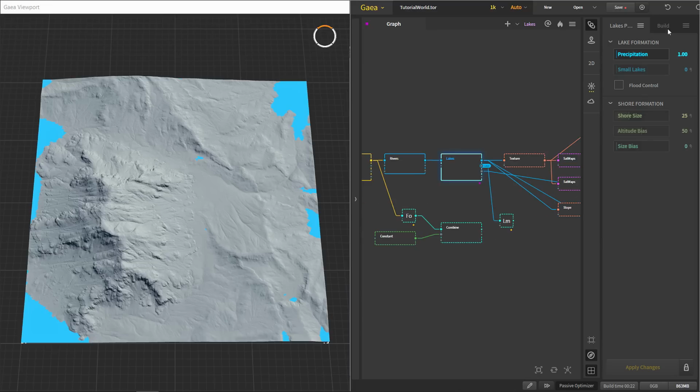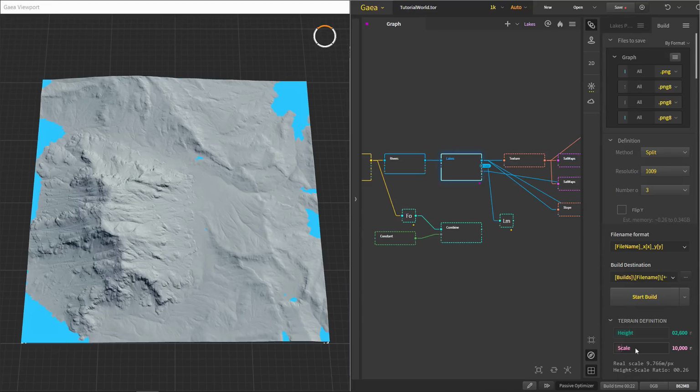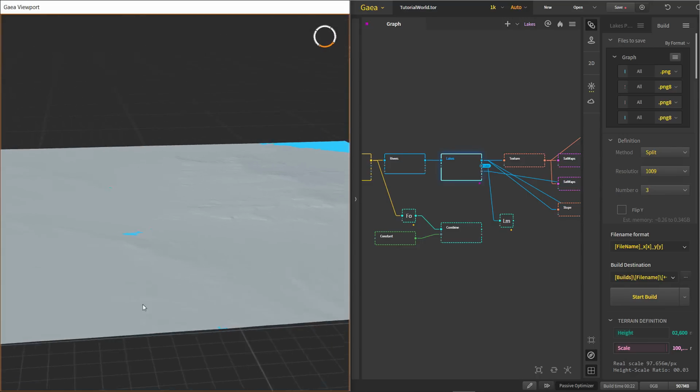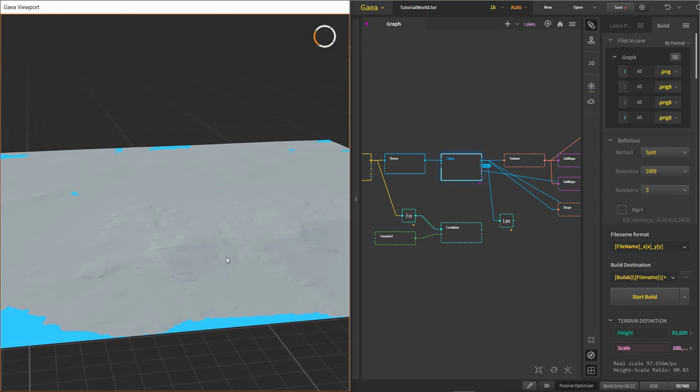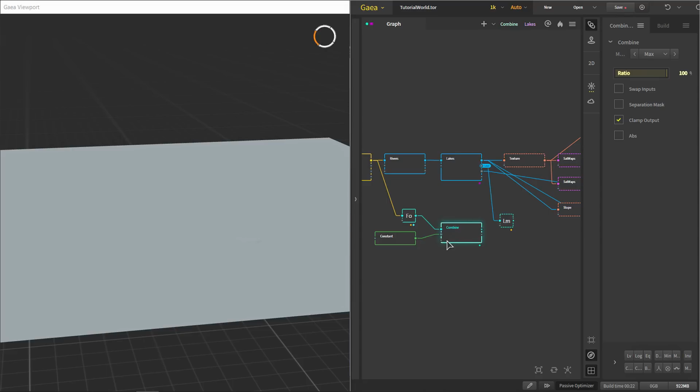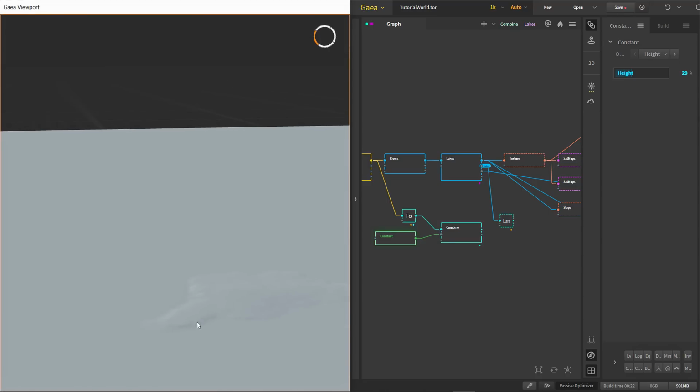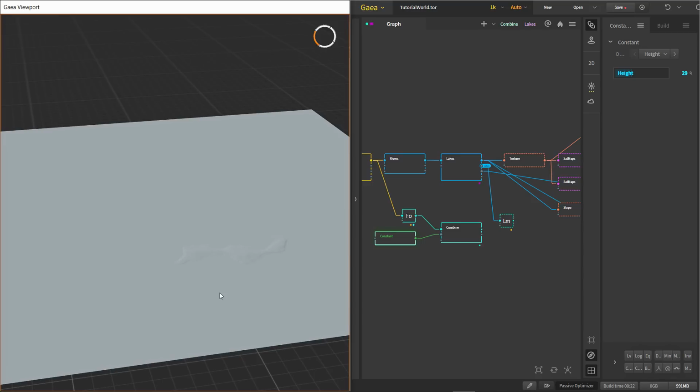This is the landscape that we created earlier. This time we will change the scale to 100,000. Now if you look at the landscape, it looks almost flat, but the height is still the same, which is 800 meters. So you can go to the combine and just pin that. Let's go to 750 meters. You can see these bumps right here. That means the height is still the same, only the perspective is changed.